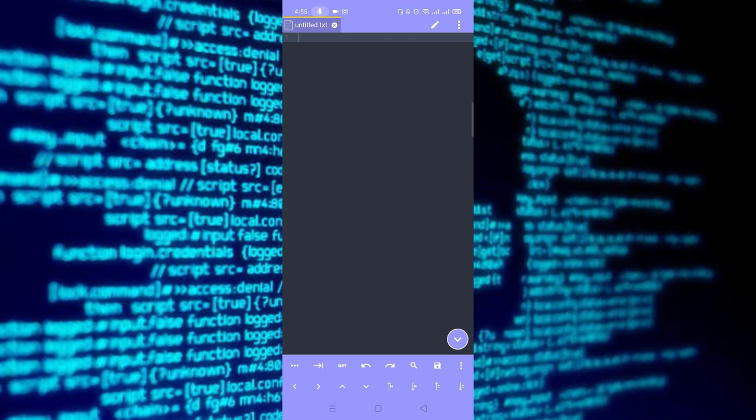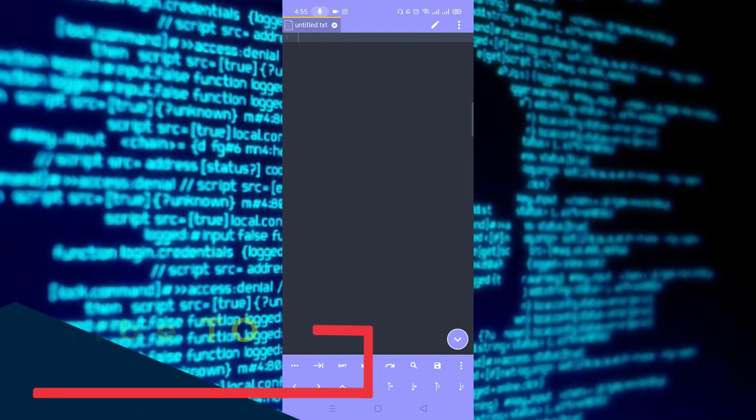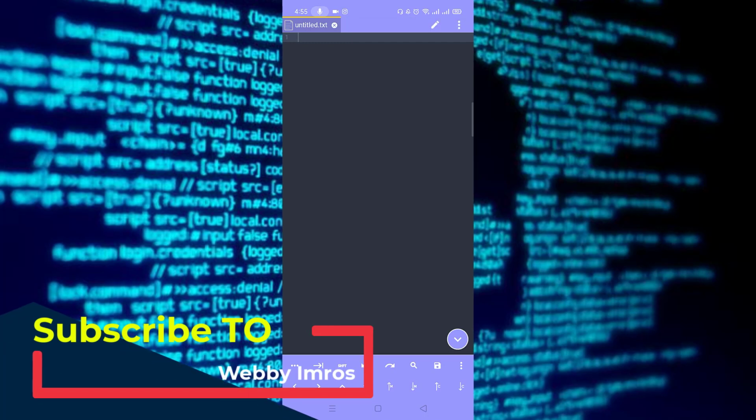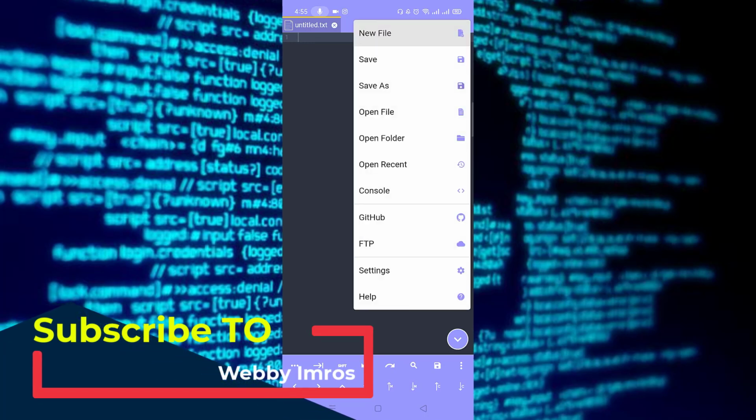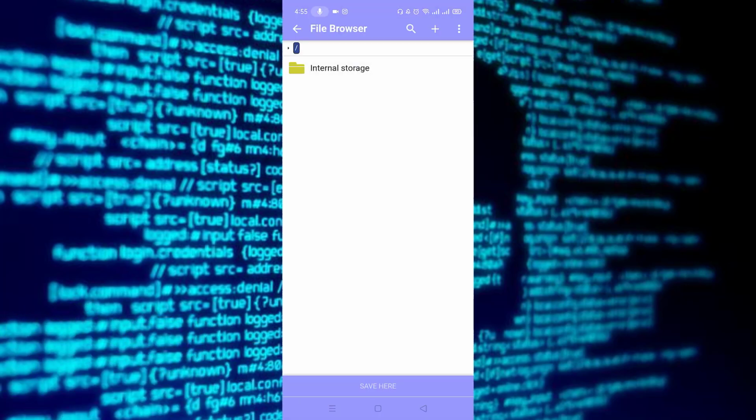So this is the interface, and it's professional and easy to use. Let me show you the coolest things about this code editor. For that, you can see that we have a default txt file, but we have to convert it into HTML. To save this file, you have to click on this three dot at the top right corner, click on save as and select folder.